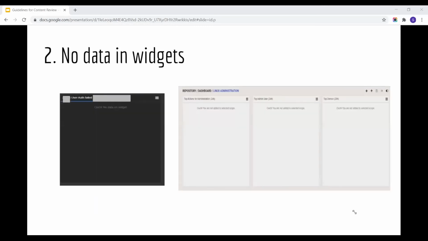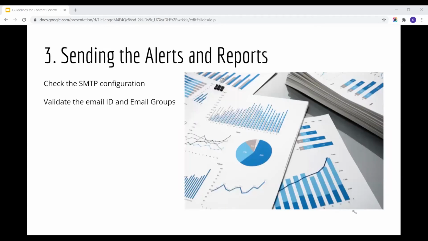Number two, there is absolutely no data in the widget, and that's because a good amount of fine tuning has not really taken place, and that's why the widgets are all empty. So I request you to quickly have a look at your use cases or your dashboards for any such occurrences.